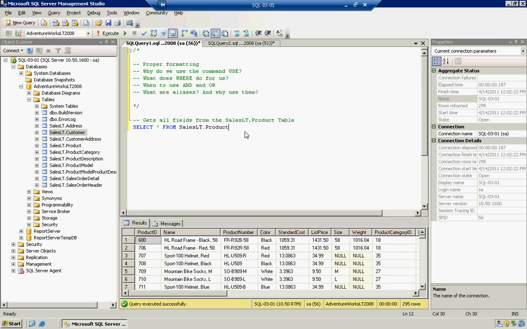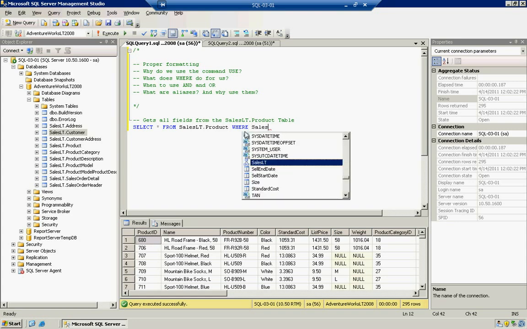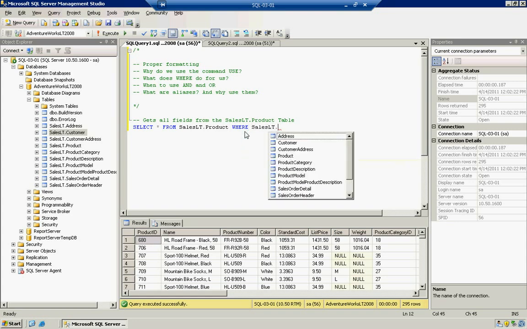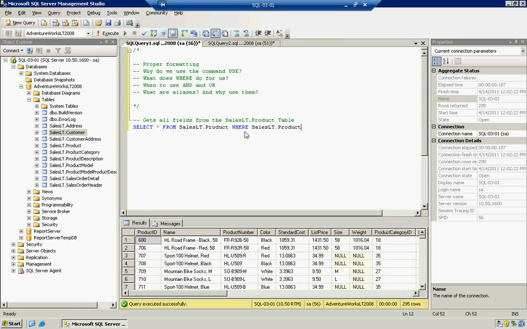Now as you start getting into more, let's say your manager comes to you and says, hey, I want to know all our products that have a color of black, and you would have to define a condition, which is what you would do with where. You're going to say where my SalesLT.Product table, dot the field that's in the product table, in this case color, is equal to,